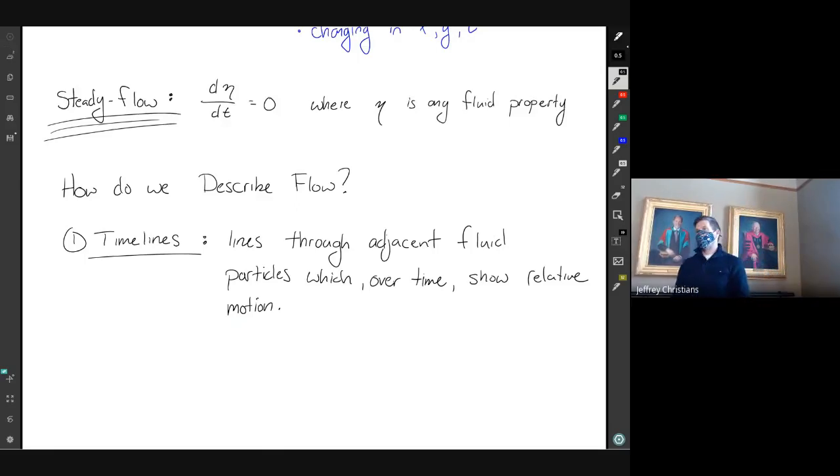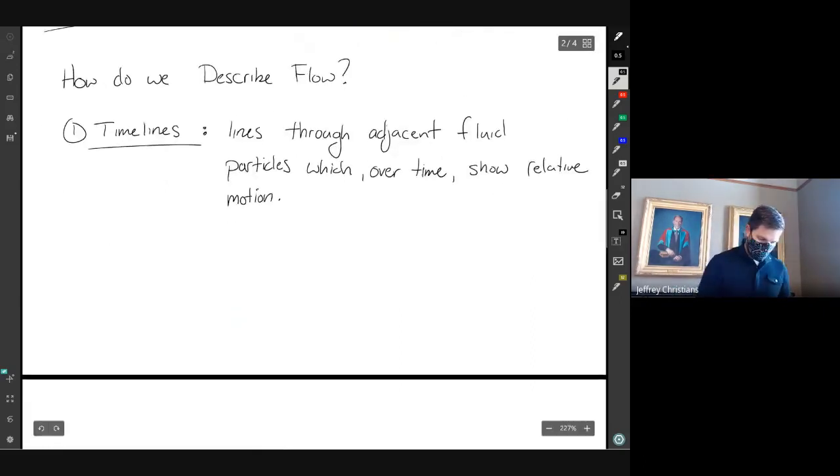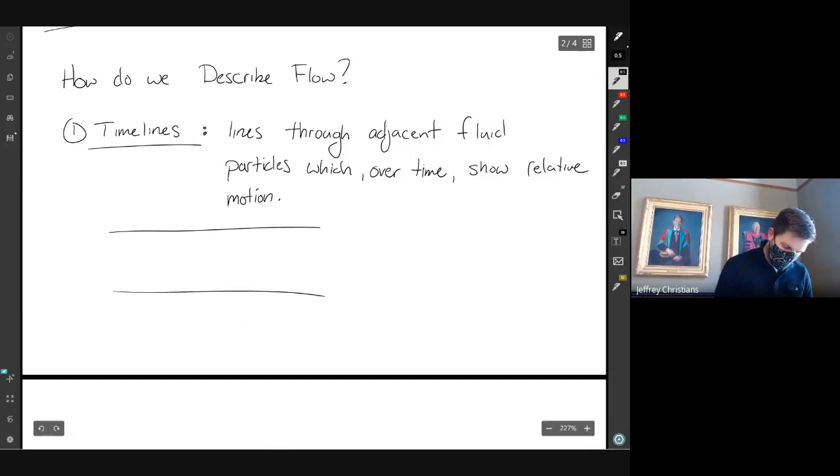You want to look at the flow, so you throw some sort of dye or a marker in the flow, and then you can look at a snapshot of how that's moving. You throw it all in right next to each other, and it moves and swirls, and some goes over here and some goes over here. So it's looking at the individual snapshots.